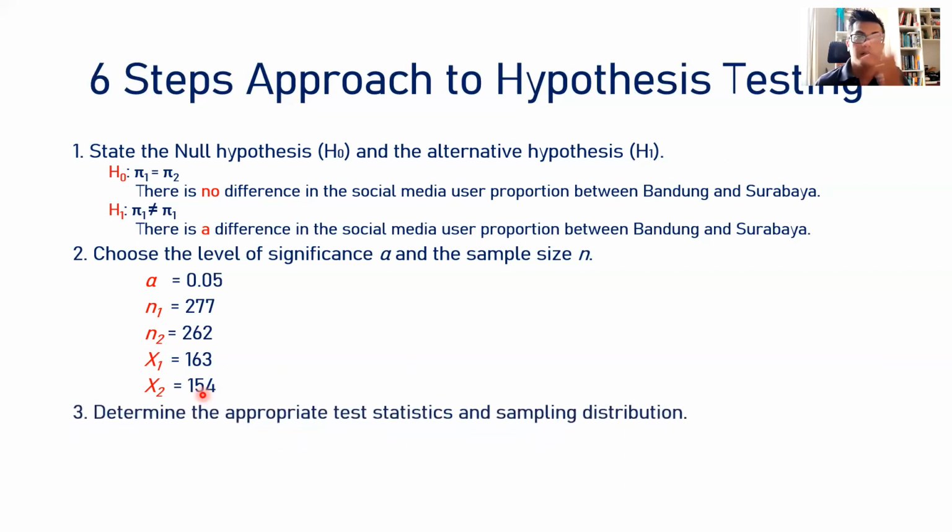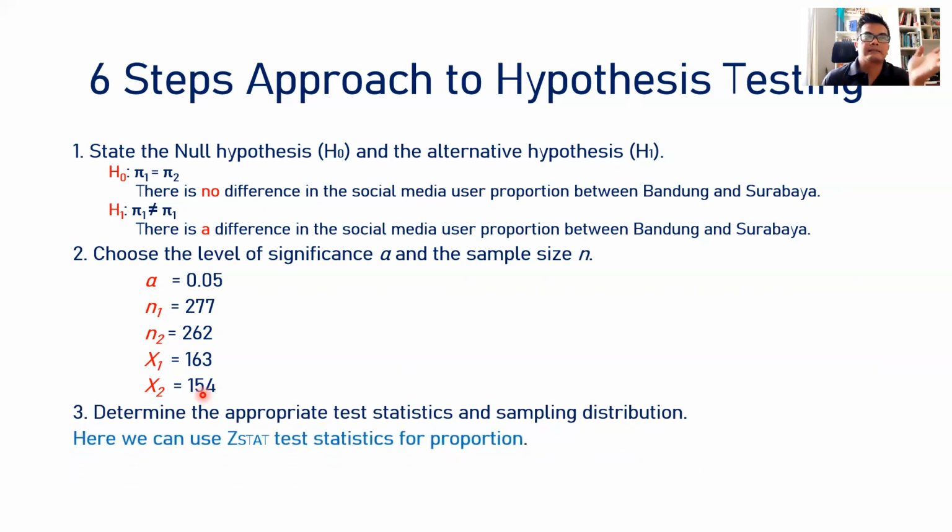The third one, because we want to compare the proportions of two independent populations, we can use the z-stat for proportion, the Z-test statistic for proportion. Okay, then we go to the fourth step, which is